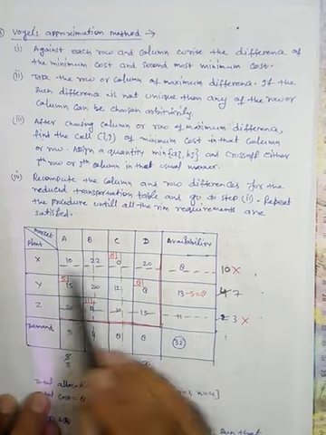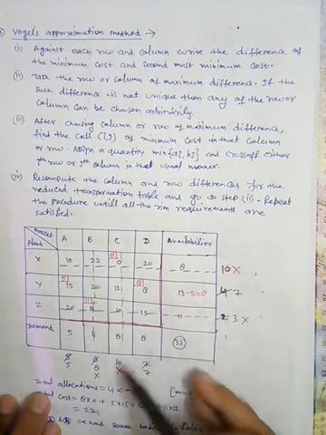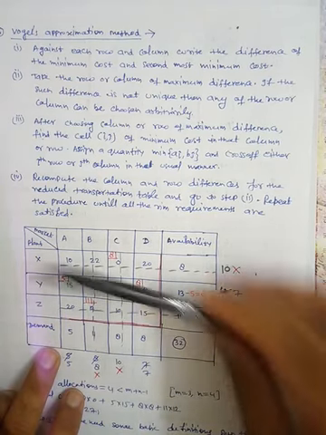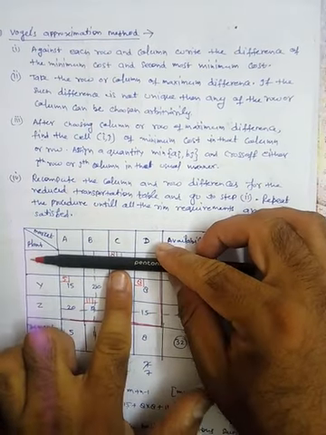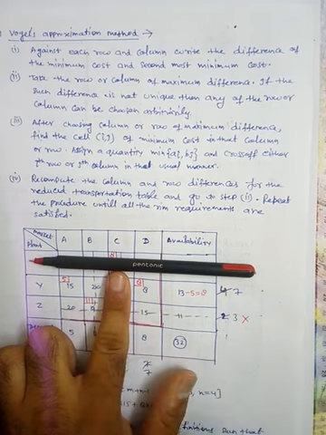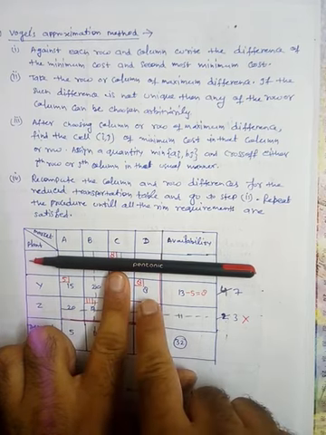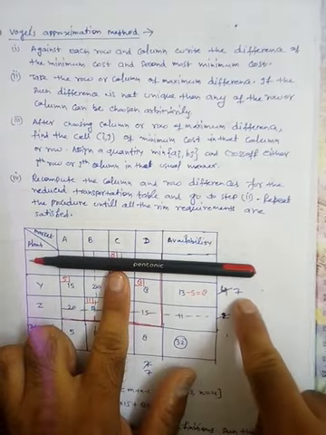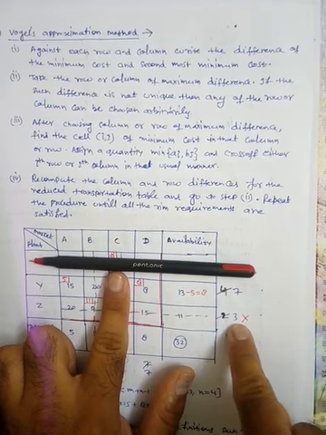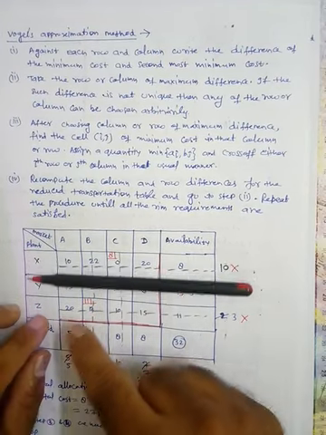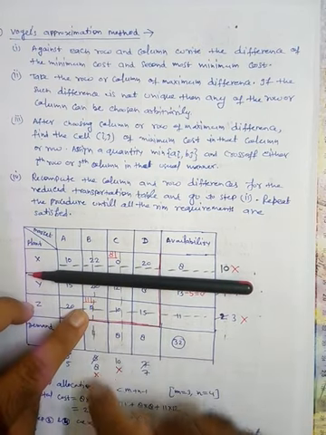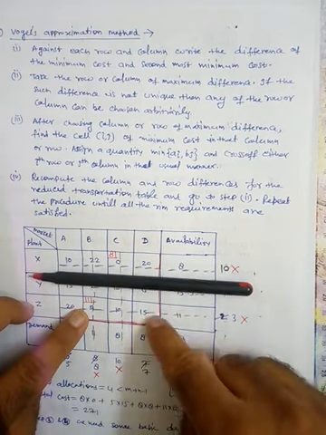Fine. And then cross off this row as well as the column, because the requirements of both are fulfilled. Then we have to again revise the differences. So we have to eliminate this row and column. Now among the remaining, find the row differences and column differences. Here we have 8 and 15, so the difference is now 7. Here it is 12 and 15, so the difference is 3. Then column wise, here it is 20 and 15, the difference is 5. Here 12 and 20, so the difference is 8. And 8 and 15, the difference is 7.